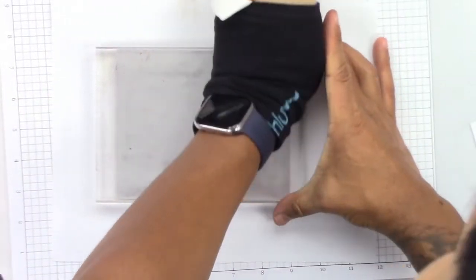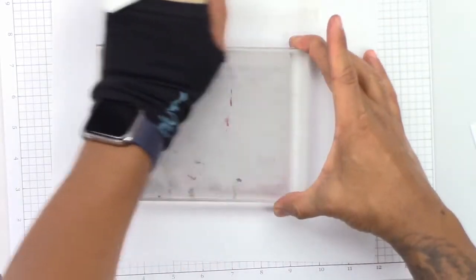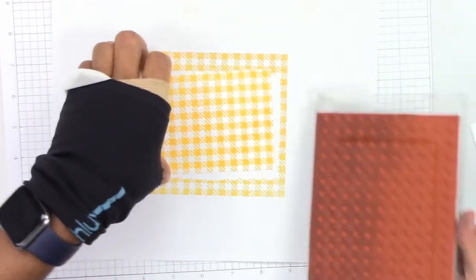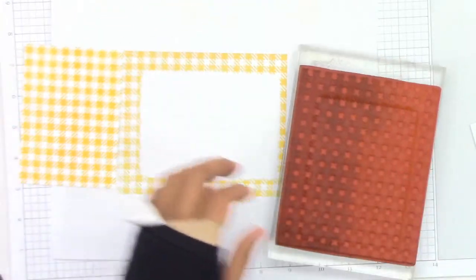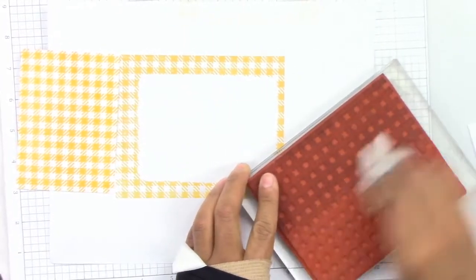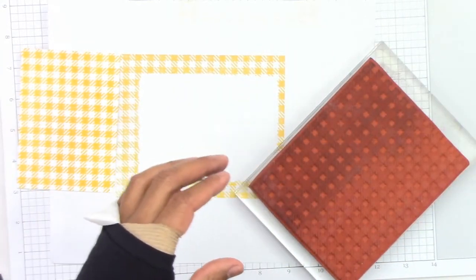Just make sure you press down. Nice firm press. Now if you've got a stamp positioner, that'll help too. Or if you have a cut in your hand and you have one of these sleeves, that helps just glide right through it. Gorgeous, gorgeous, gorgeous tight plaid. Check it out. So again, that is the brand new tight plaid in red rubber,